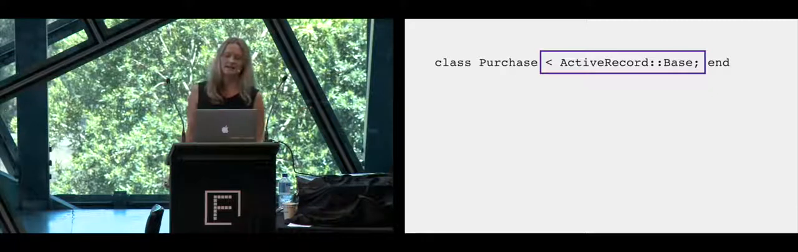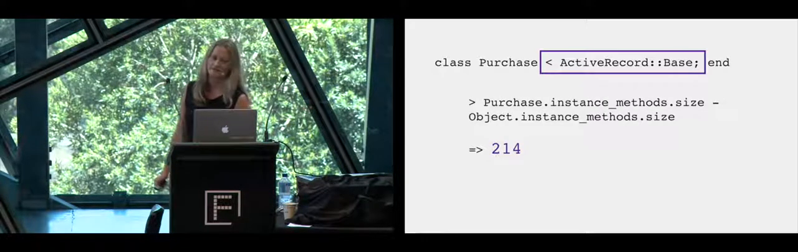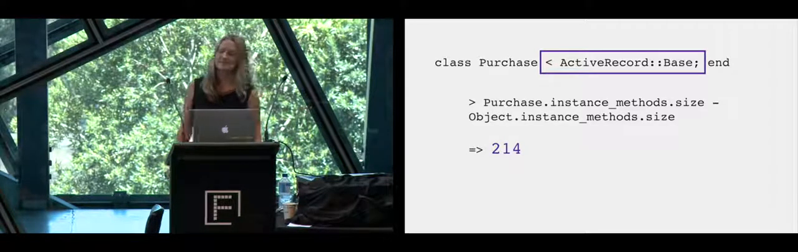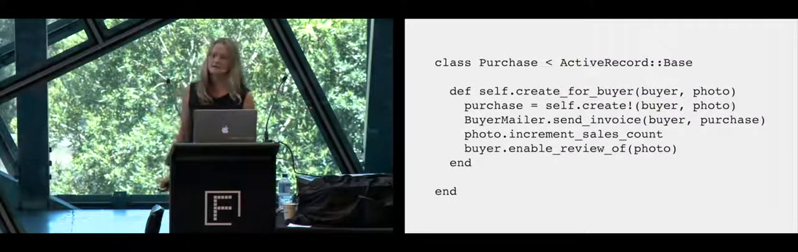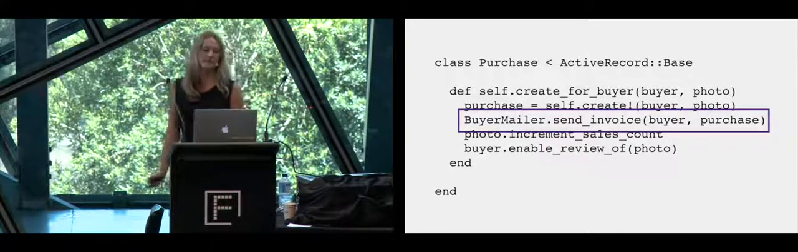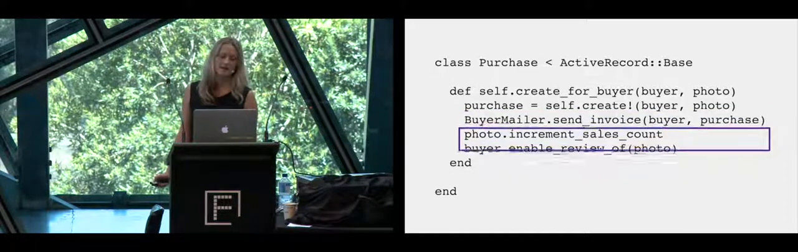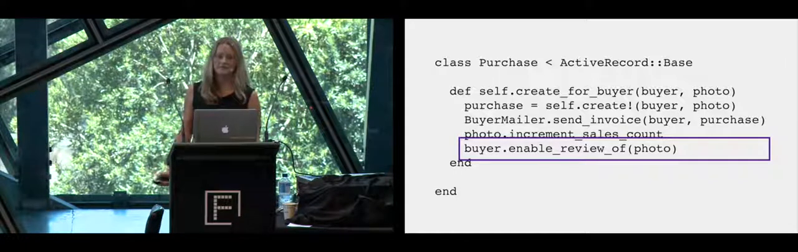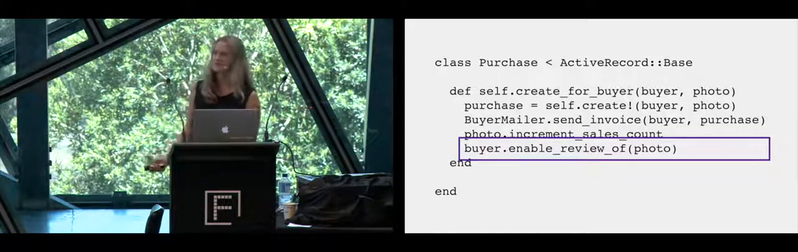So an empty class that extends ActiveRecord::Base has 214 methods on it, and that is not counting the methods that you get off the Object class. So that's not insignificant. And aside from persistence, now the purchase class has additional reasons to change. So it needs to know about the buyer mailer sending invoices, about incrementing sales counts, and about reviewing photos. And this is just all in one method. So imagine, if each method has its own